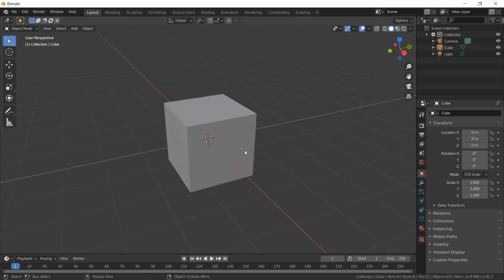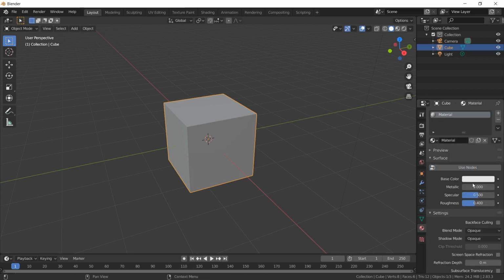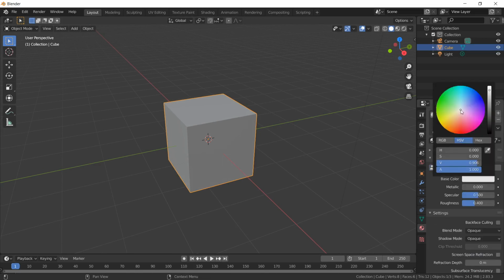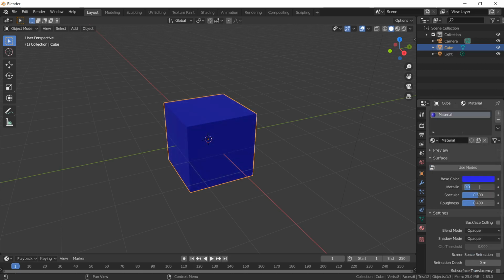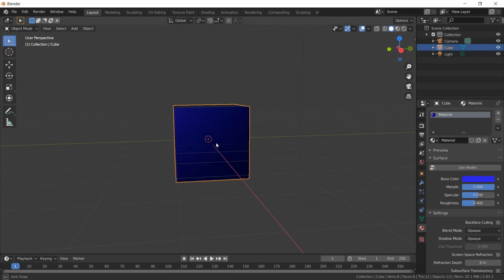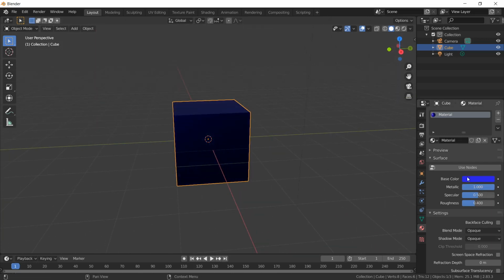So to start off with, we have this object. Let's add color to this object. If you want to add color, I will go to Material, disable Use Nodes, and then give it some kind of color. Here I've given the color blue. I can give it a metallic structure so it looks like a metallic view. So this is what I have as the object.